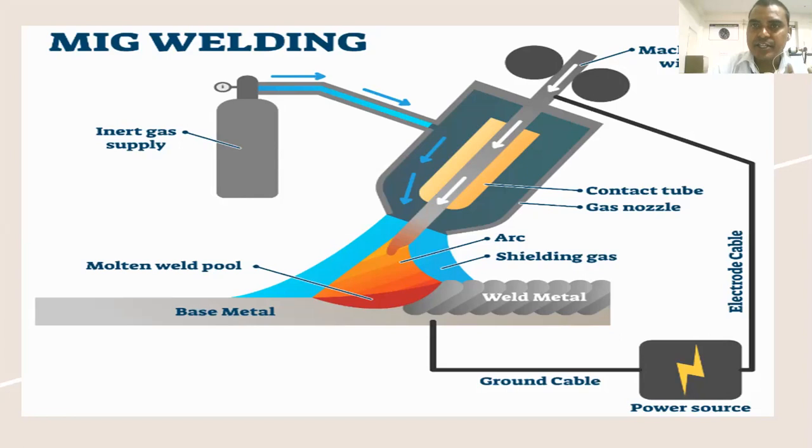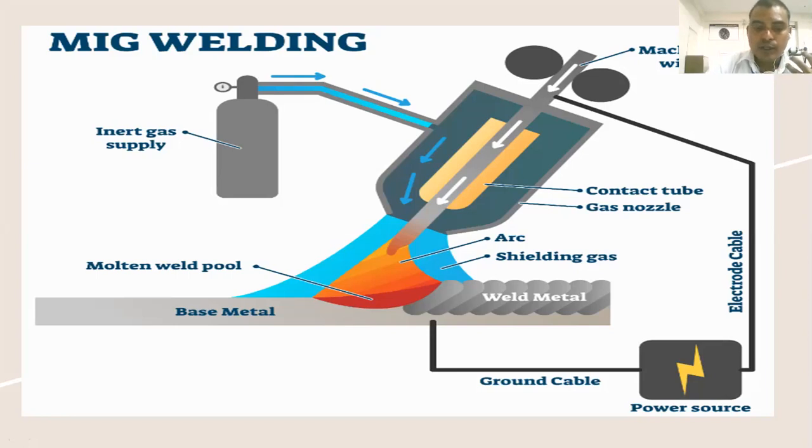The welding torch is connected to the gas supply cylinder. In this cylinder, we have helium, neon, or CO2 as per the requirement. This inert gas supply is used for the shielding of the weld metal and the weld metal pool. So we can say that the consumable electrode is in the form of a wire reel, which is fed at a constant rate through the feed roller. The welding torch is connected to the gas supply cylinder, which provides the necessary inert gas.